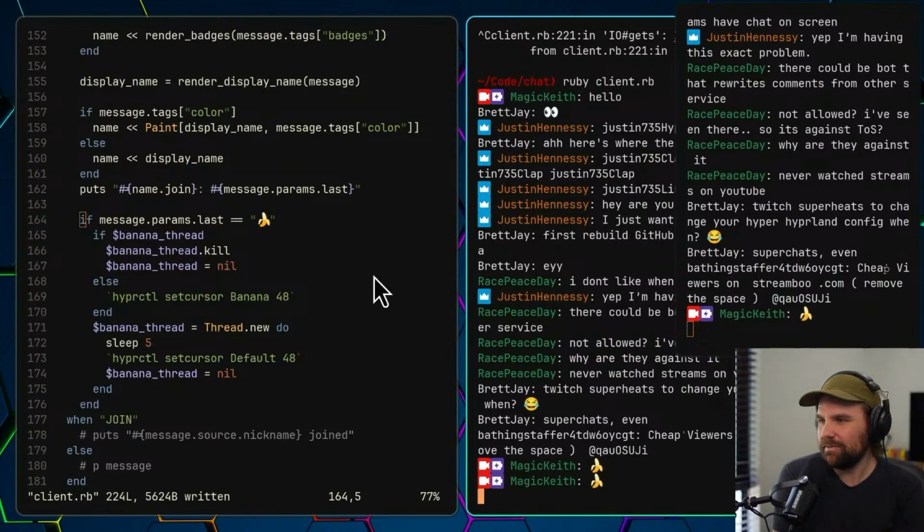I love it. Why is it rendering 2 of my bananas though? Why are there 2 messages there? There shouldn't be 2, because I only put 1 in. Why is it rendering 2? I don't understand.